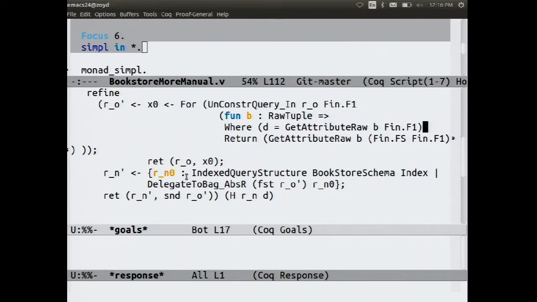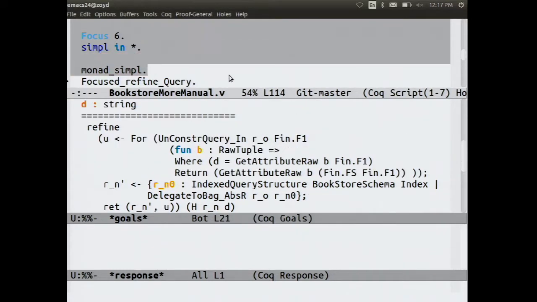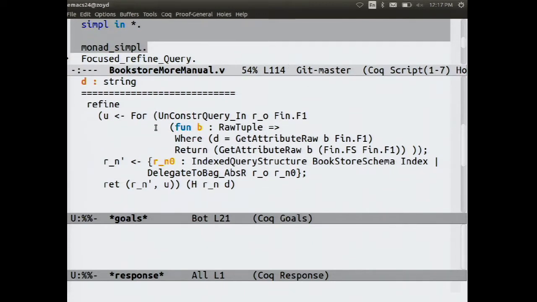This is just like the crash safety examples we were just looking at, where there's a definition of the spec level state, and our job here is to compute the implementation level state. But that part of this is pretty straightforward for this example because a query doesn't change the state, so we can just reuse the old implementation state, and Tactics will figure that out for us. The first thing I'll do is I'll just use the monad laws to flatten some of the structure of this term. So now we get this big query-like for loop at the top of the program.